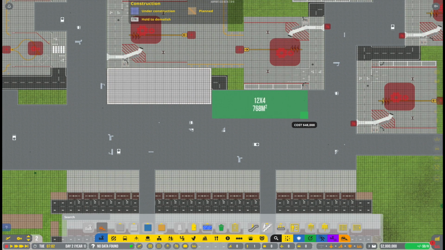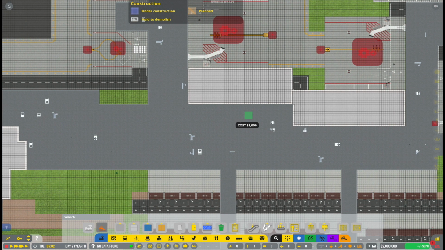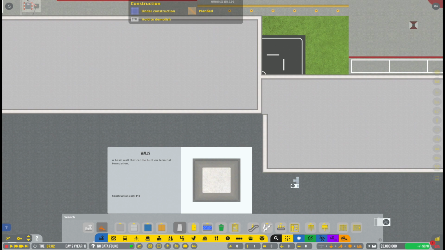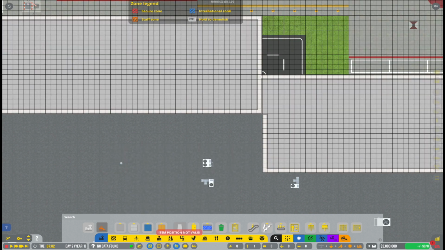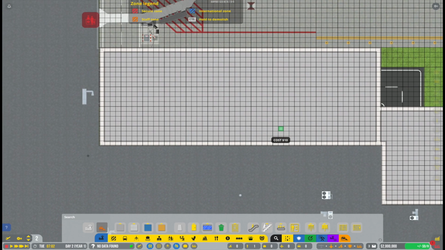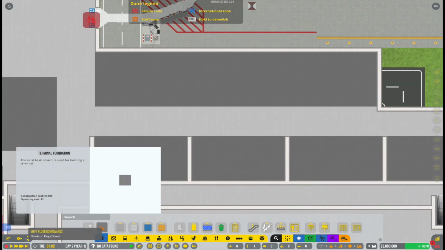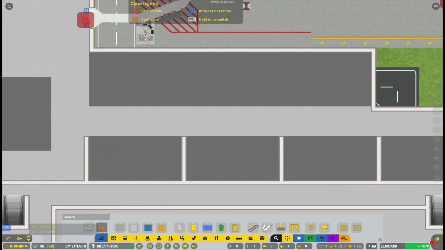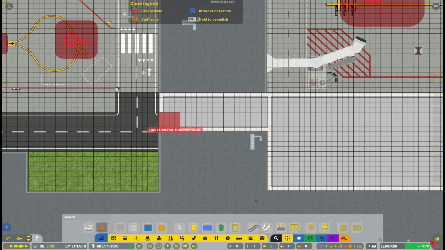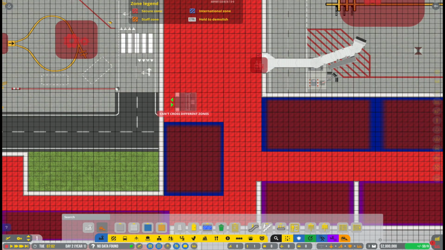Alright, so the first thing I would like to do in today's episode is actually add a second floor here to part of Terminal 2. This will be above, well, mainly a shopping area, and in the second floor I would then like to place some lounges at a later time. So while I'm figuring out how people should be able to access this second floor in the future, let's talk